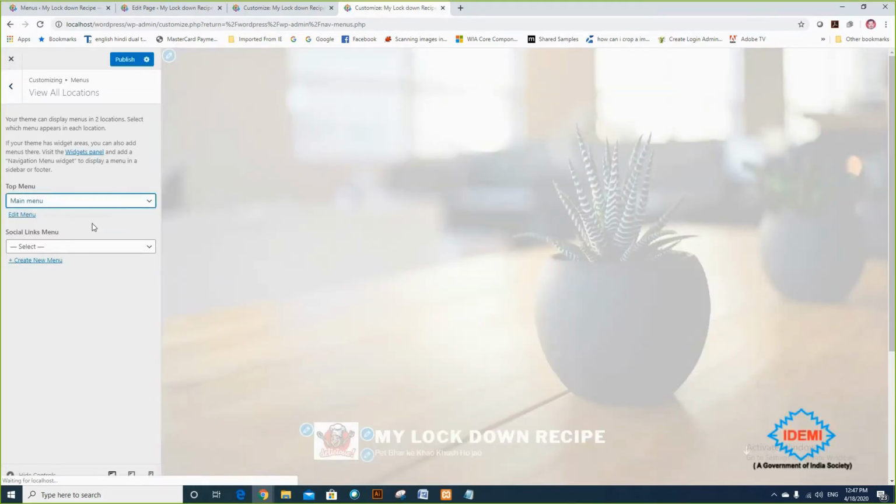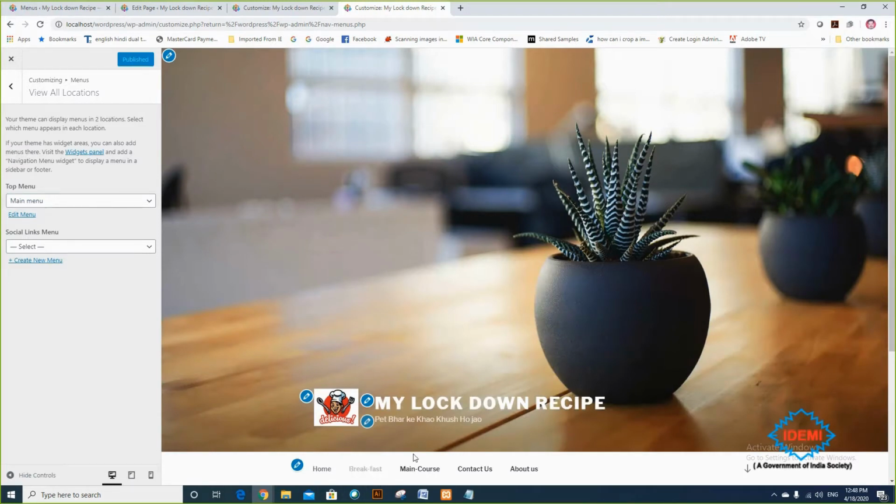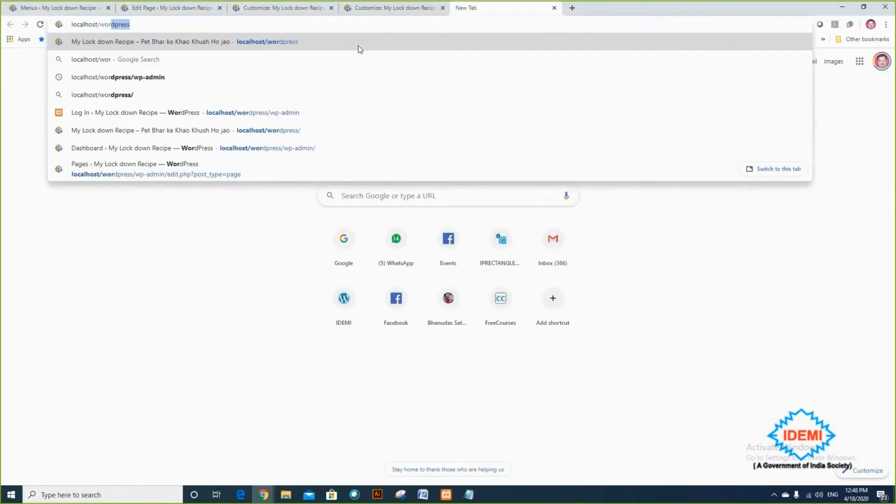Once I choose main menu, look at the bottom, the menus are appearing: home, breakfast, main course, contact us, and about us. If I click on publish, these menus will appear at the bottom. So the bottom is a position where the menu appears. So let us look again. I'm choosing localhost and WordPress here.